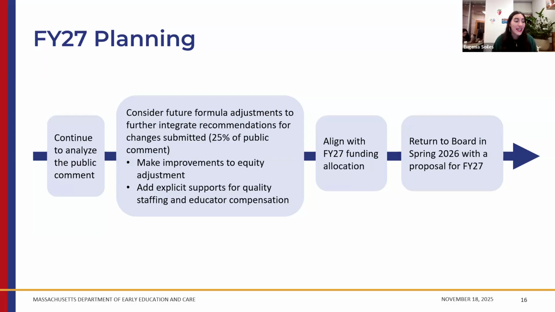And before we make any changes, we will always be bringing things to the board to make sure that there's a formal public presentation on what we're proposing and an opportunity for folks to weigh in on that. So in the spring, we'll probably bring something for the next fiscal year, which starts in July, to make sure that folks know what C3 looks like going forward. And that is all that I have.